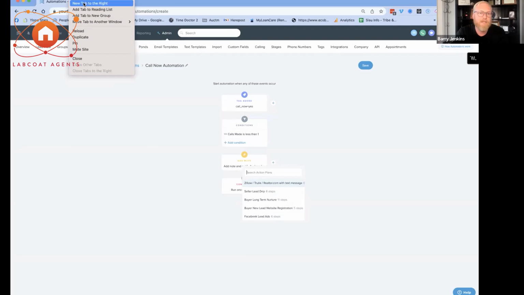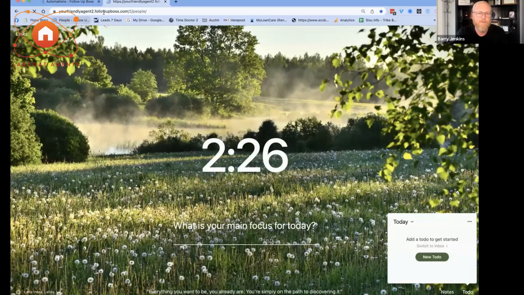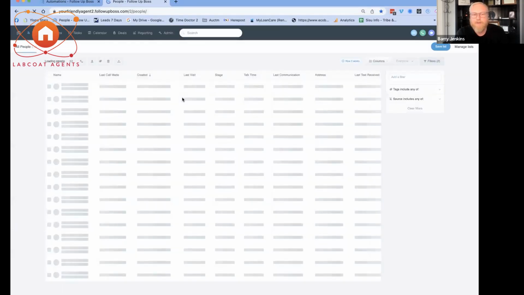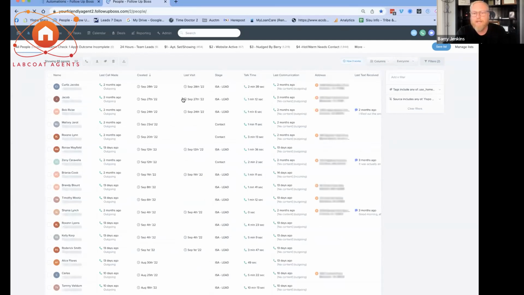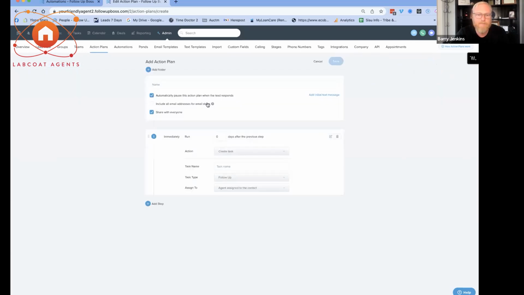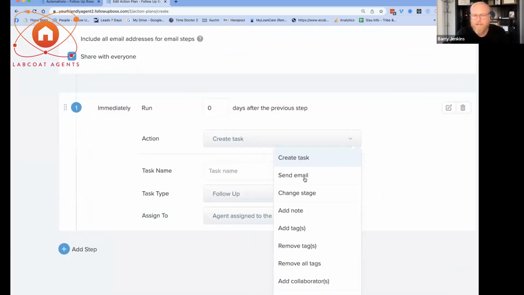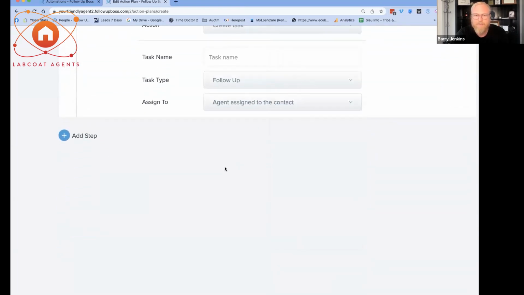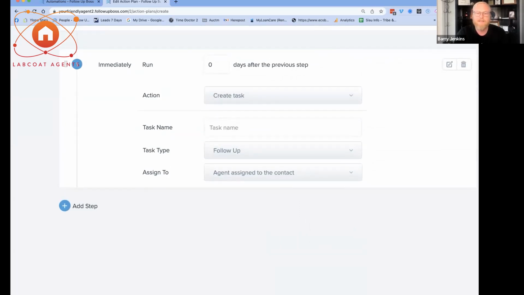So an example would be, and I don't mean for this to be a commercial for Follow Up Boss, but one of the things we found is that because we're giving our users so much information, like data points that we're turning into tags, it gives you the ability to really streamline what it is you want to do. So I'm going to create a new action plan, so hit plus sign. And here's everything I can do in an action plan. I can create a task, send an email, change a stage, add a note, add tags, remove tags, all that stuff. But what I'm going to do is create a task that says